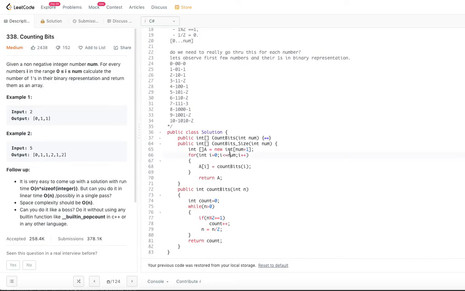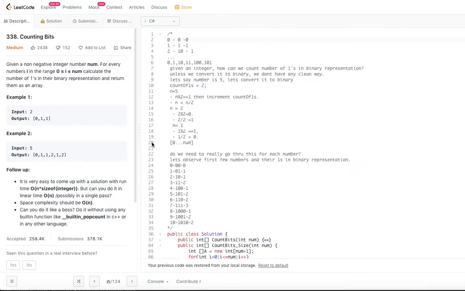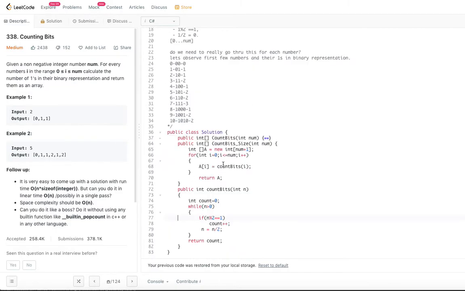And for i equal to 0, i less than or equal to num, i plus plus, we are putting the count of bits for a given number, just like how we did for number 5, where the answer came as 2. So we have a countBits function which gives us the number of bits for a given number, we put that in the array A, and finally we return the array A. That's how we are doing it simply.